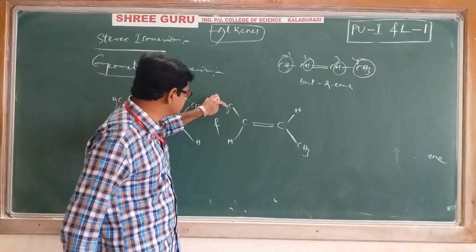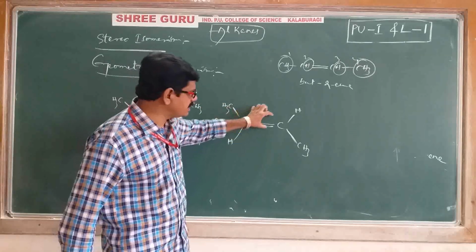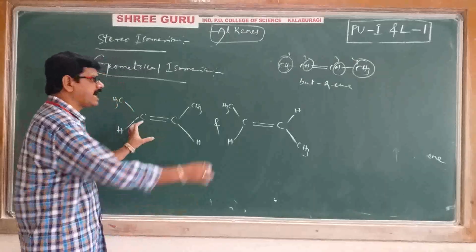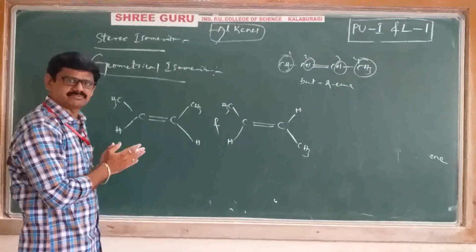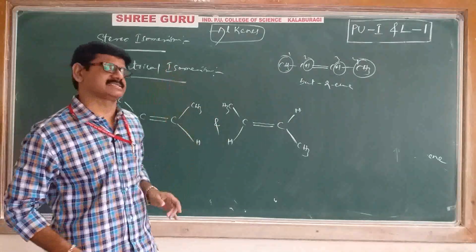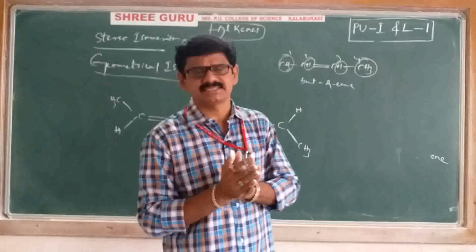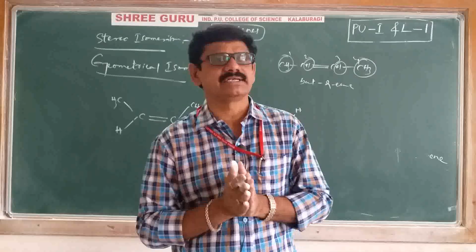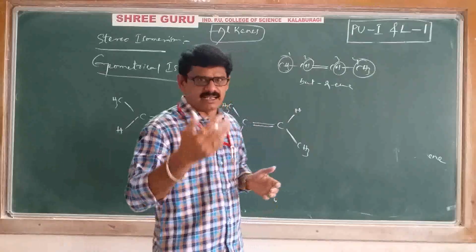Let's check then. CH3, CH, double bond, CH, CH3, butene, no doubt. Both are having the same IUPAC name, meaning the compounds are having the same molecular formula as well as the structural formula. Then the question arises, what is the difference? Isomerism is compulsory, something should be different. Here what is different? Let's see now.